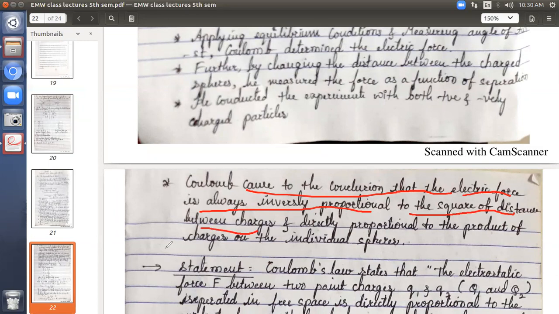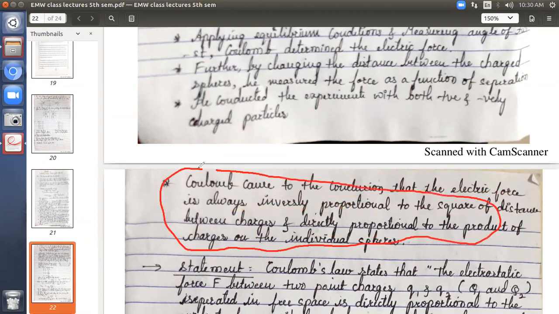Inversely proportional. The force of repulsion or attraction, whatever exists, is inversely proportional to the square of the distance between the two charges. And it is directly proportional to the product of the two charges on the individual spheres, Q1 and Q2, if you assume the two charges to be Q1 and Q2. So this is the experimental setup and the observation made by Coulomb. I hope you understood the experiment. You can even try,